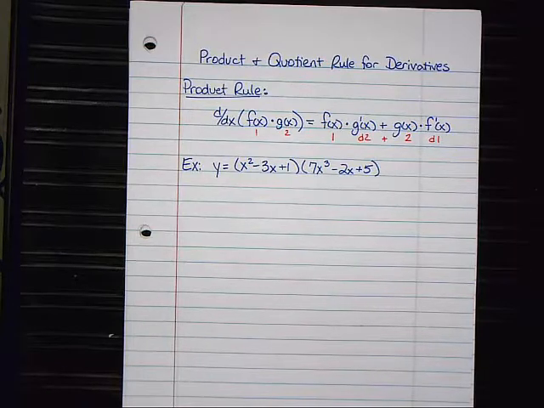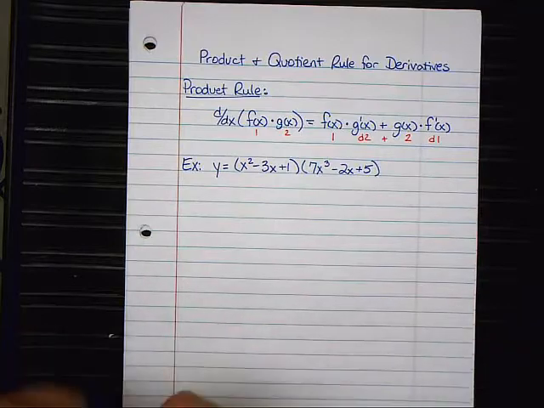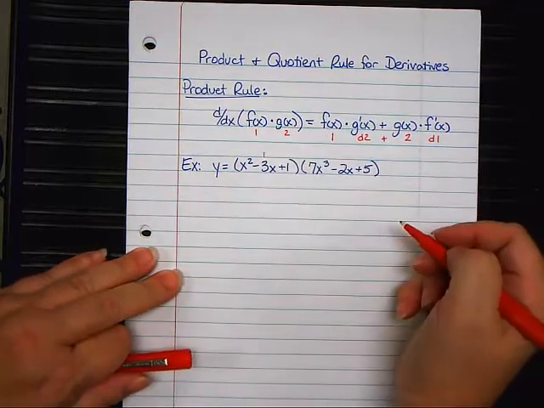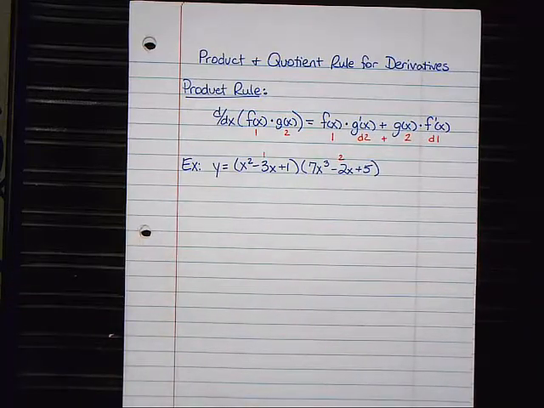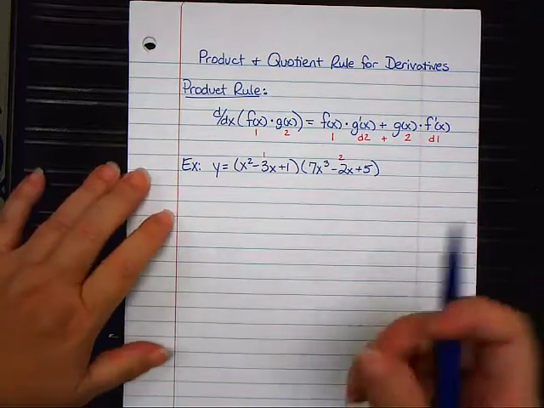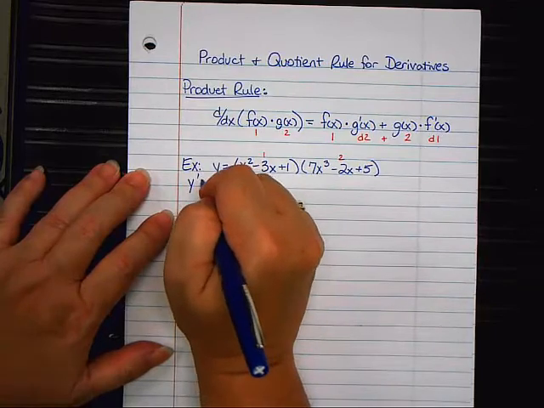I'm going to take the derivative of this using the product rule. But I want to say this first because this question was asked last period. Someone said, well, why don't you just FOIL those two out and take the derivative the way we know how? I could, but I want to demonstrate the product rule, and with the kinds of functions that we know right now, these are the only kind of functions that we can use. Okay? So we're going to call the first parentheses function 1 and the second parentheses function 2, and we're going to follow the pattern. So when you take the derivative, y prime equals,